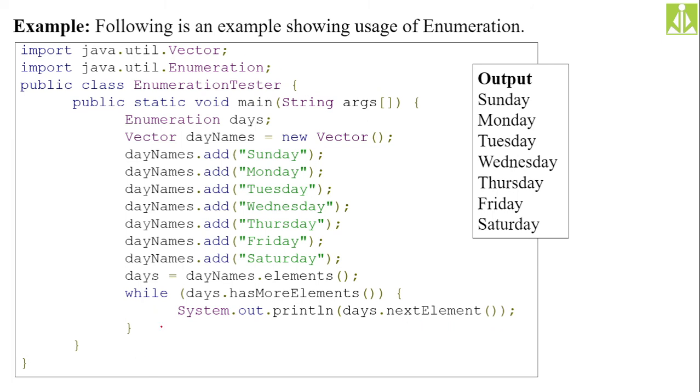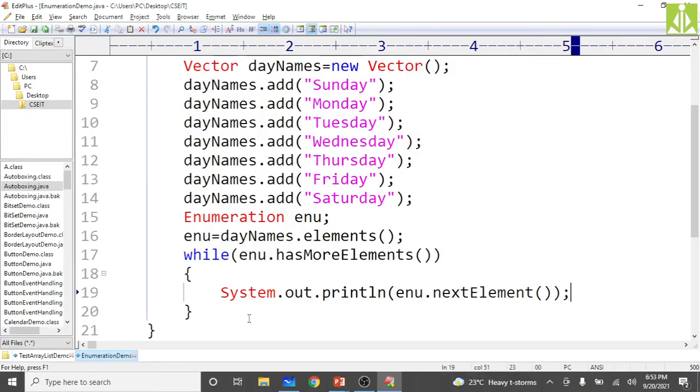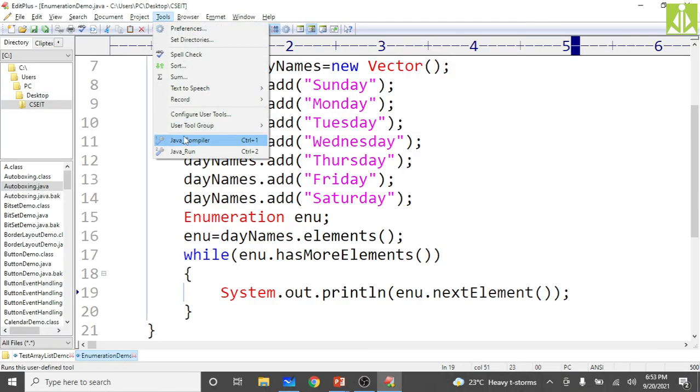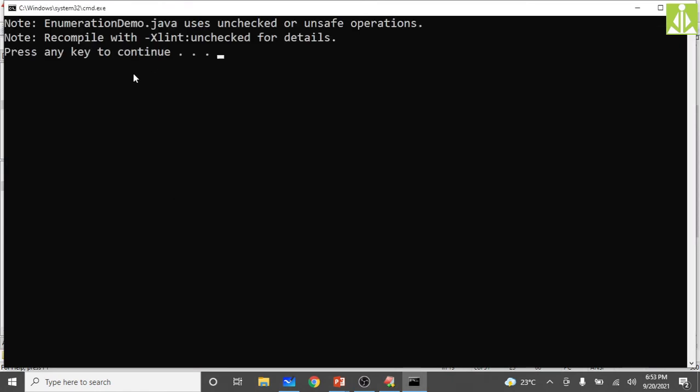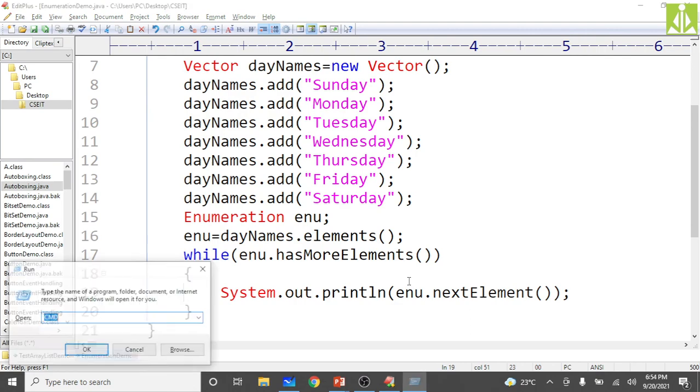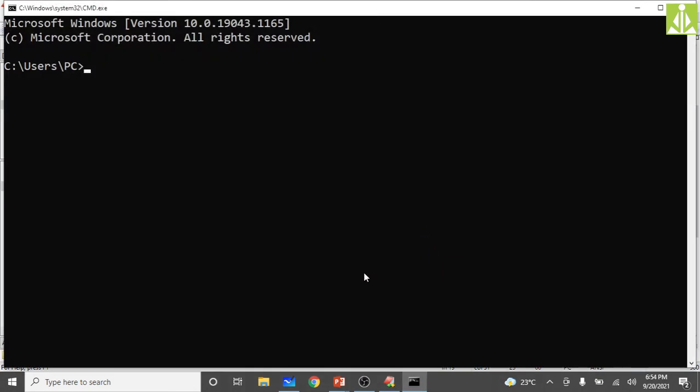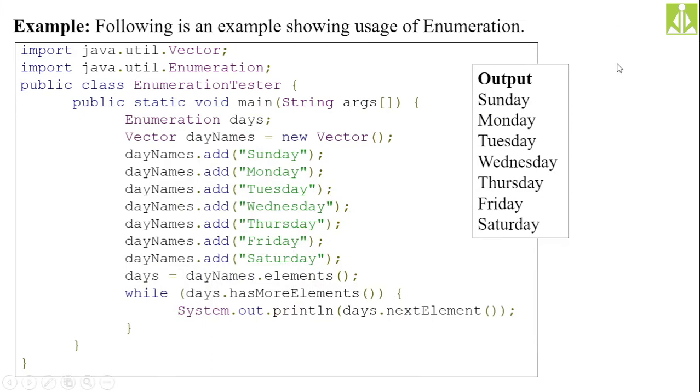Okay, it is not saying I have issues in my program, rather it is saying that I need to use some other option. See here, this option I need to use. If you use this option, it will say that so and so method got deprecated. Okay, I will show you xlint. Okay, recompile with xlint. First I will go in a traditional way without using this IDE. I will open the command prompt, and my programs where I saved, let me just go to the desktop.